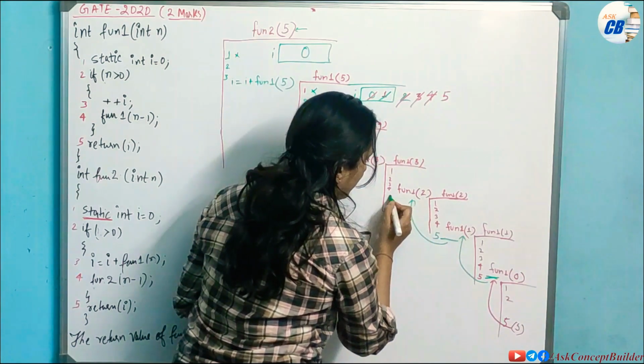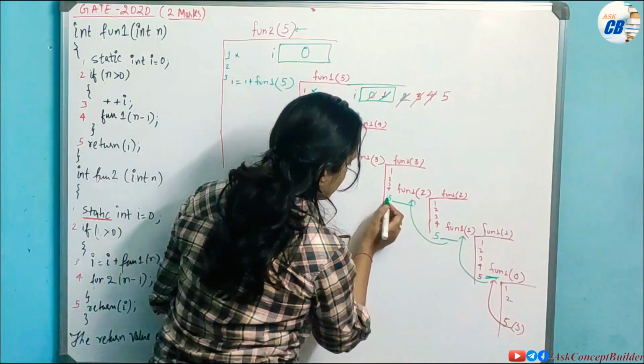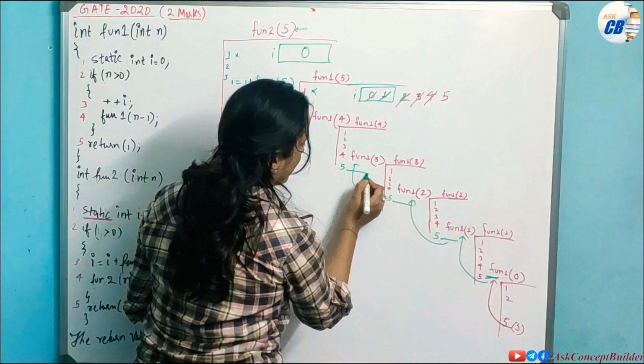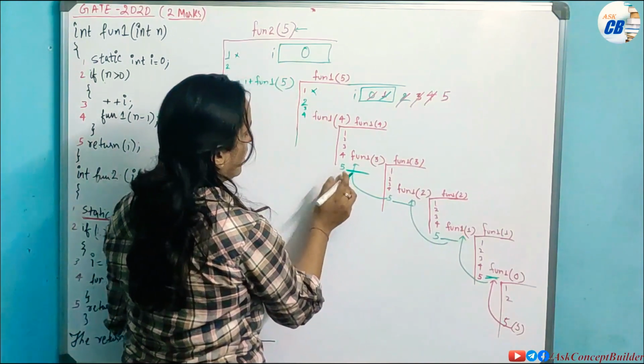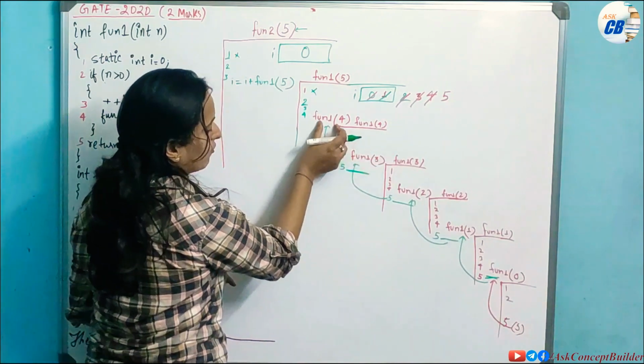Then for this it will return back here. This is also return I, fifth statement. Now this will return back to here. So the fourth statement was executed, fifth is return I. So now return 5 will be called and it will move here because it was called from this fun1 4. It was called from this point.